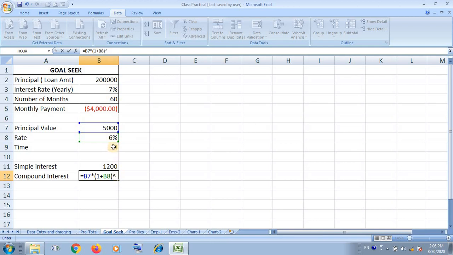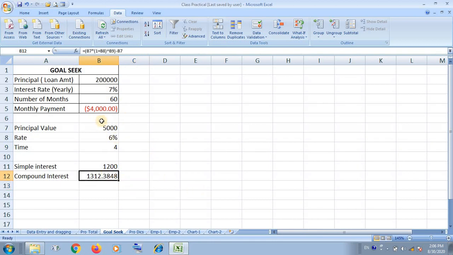Then you have to select the time in years, and then close the bracket, whole minus, you have to select the whole minus, and then you have to minus the P. This will calculate the